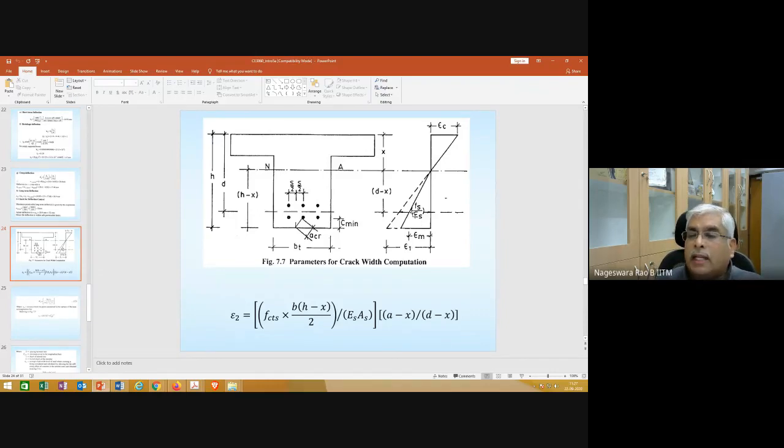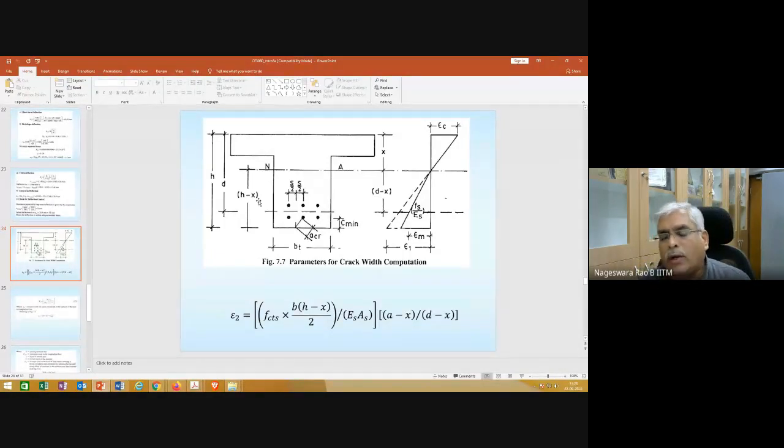If the stress in steel is fs, the strain in steel is going to be fs divided by Es. And that is the strain at a distance d minus x. Where is our point of interest? It is on the surface. So the distance of the surface from the neutral axis is h minus x. So epsilon 1,